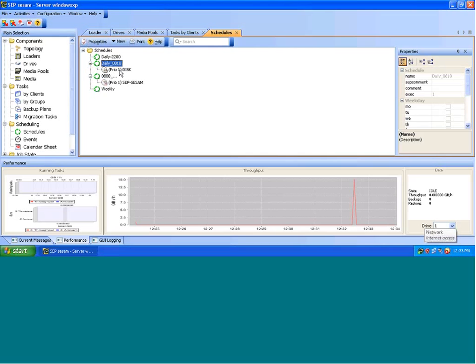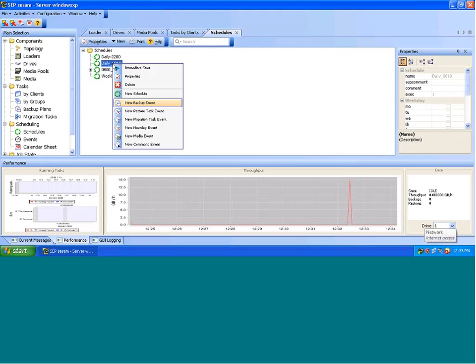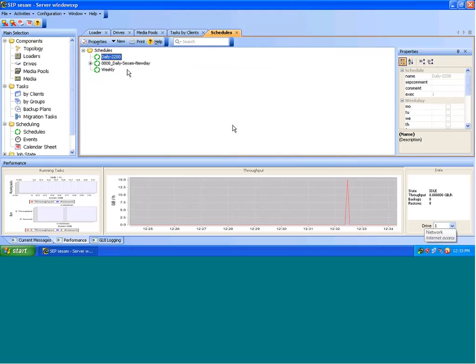This schedule is the one-time regression test during the installation. I'm just going to delete it because we don't need automated regression tests for the demonstration. Okay. Now that we have the schedule cleaned out,